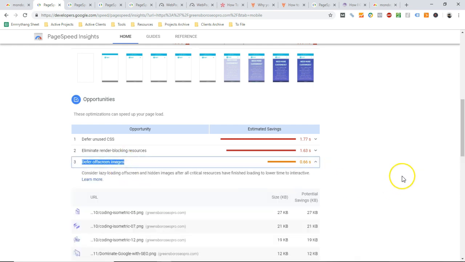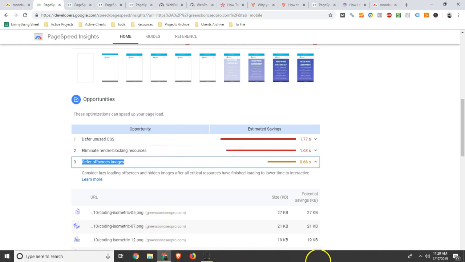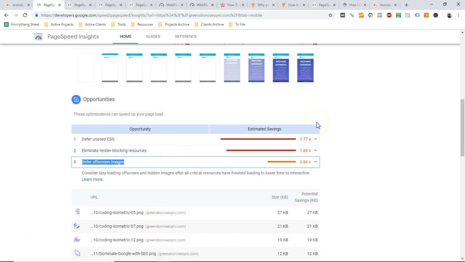Deferring off-screen images means don't load them until they're in the view window, meaning any images below what I'm looking at, you won't see them, and that can help the top part of a page load more quickly. For this page, unlike some of my other pages, I don't want lazy loading, because I feel it will cause issues with some of the animations I'm doing. I don't want these things to not be loaded and then need to do an animation and really mess up. So